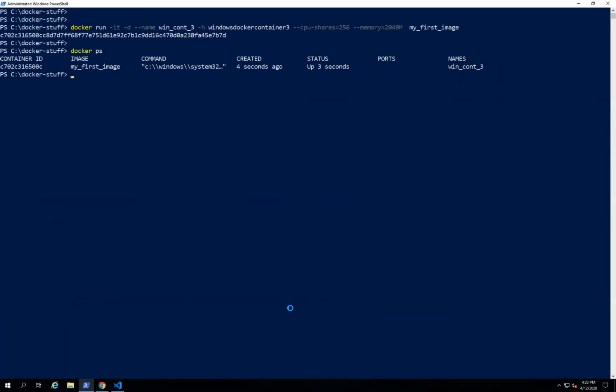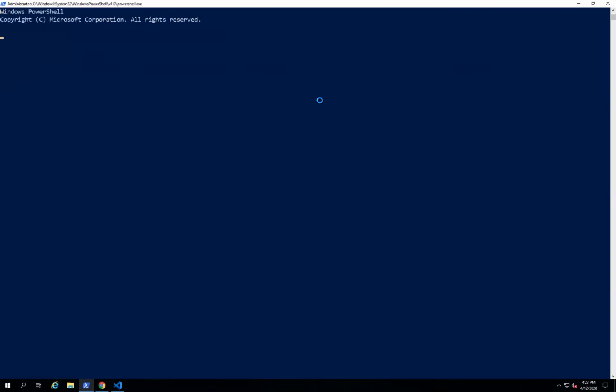Here I can see. All right. So I want to connect to the container using docker exec -it, and then the container ID or the container name, and then the command you want to execute. I want to run PowerShell inside this Docker container.